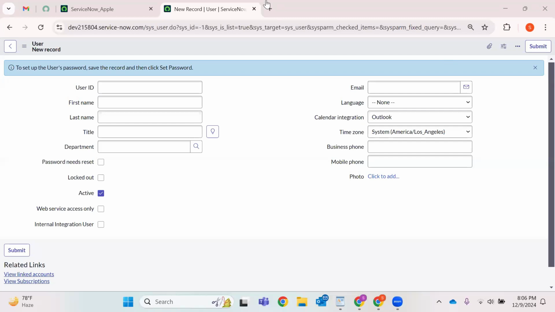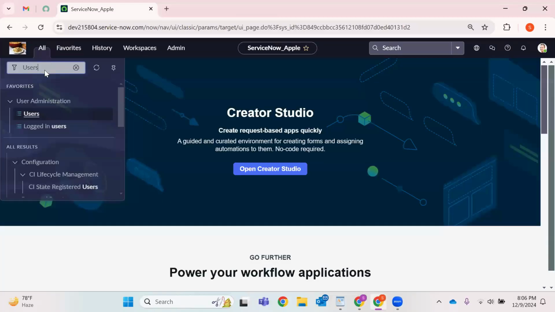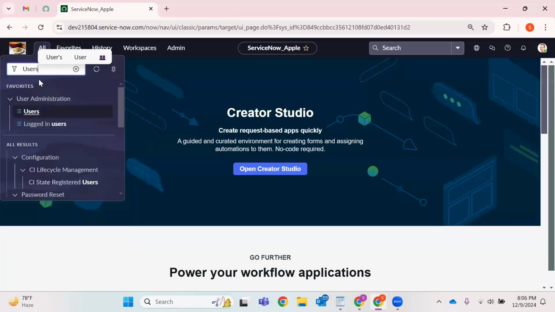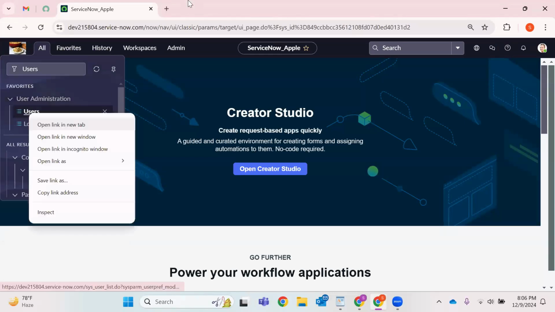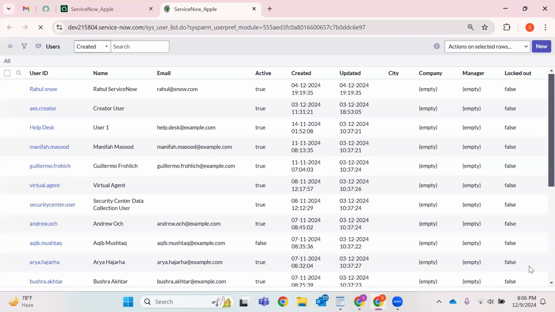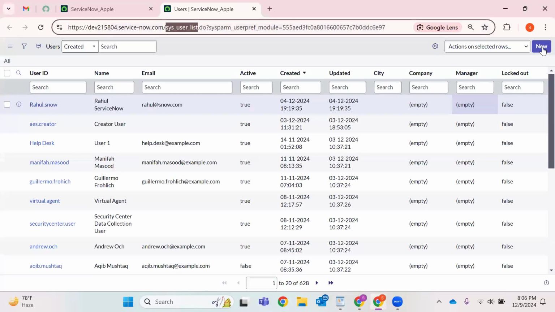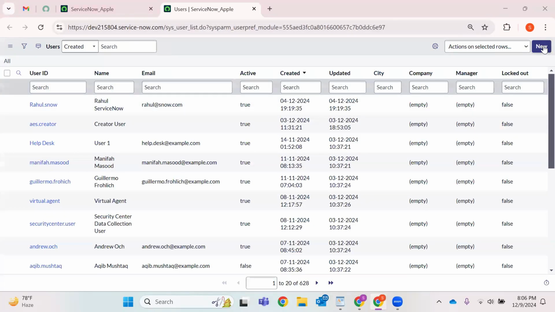Okay, so I'm on my instance. This is the left navigator. Users information is stored in a table, which is the user table. The navigation for the user table is under user administration. You'll be finding users. Just give a right click. Sys_user. This is the backend name of your user table. And to create a new user account manually in the ServiceNow instance, you can just click on new